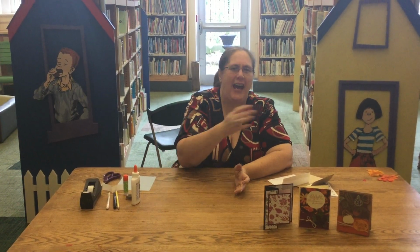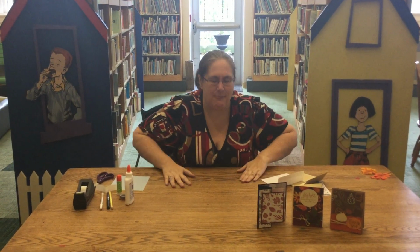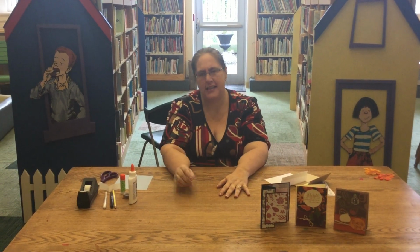So in the last episode, we actually made these 3 cards. So we have our fall section over here, and we even did a fun fold. How much did you like that, you guys? If you haven't seen that episode, please go back and put your cards together because I want to see them. So in episode 2, we need the same supplies: